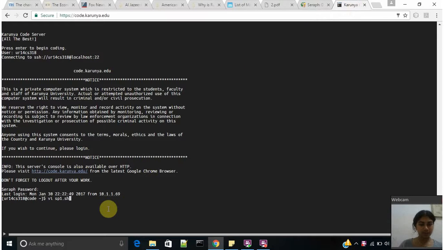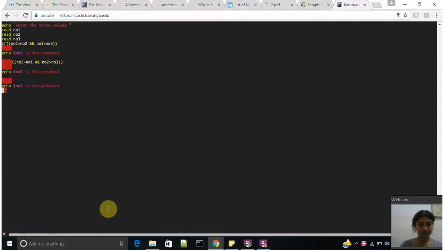The first experiment, the greatest of 3 numbers, as we can see, echo and enter the 3 values. Now I've used the read command to read number 1, number 2, number 3. Now I've used the if statement. The syntax of if is if, then; else if is written as elif, and then elif then, and then else, and then we mark it with fi, which is exactly the reverse of if, to mark the end of the